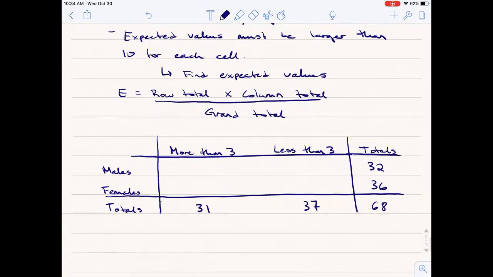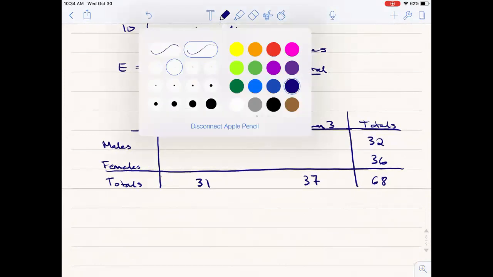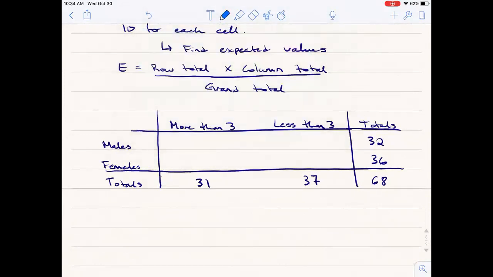So now I'll use a different color for the ones that we calculated. But for this first cell, the males that exercise more than 3 times per week, if we have 32 males and it's the same, then we would expect to see,